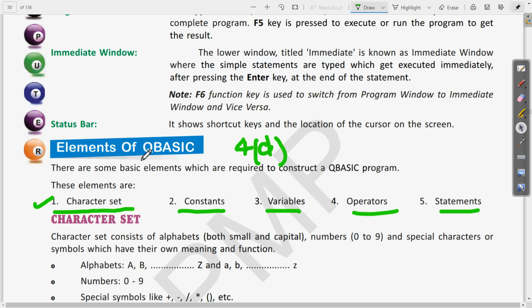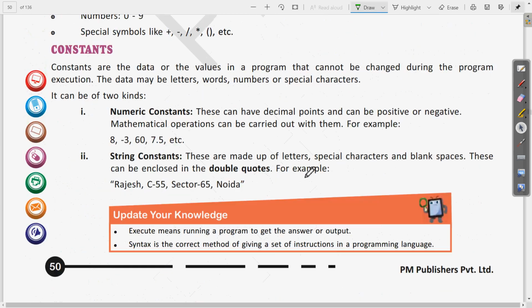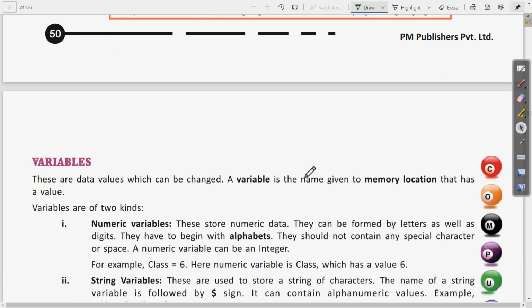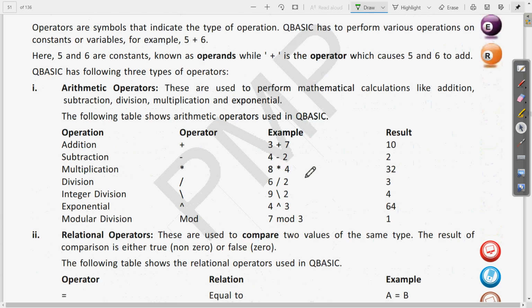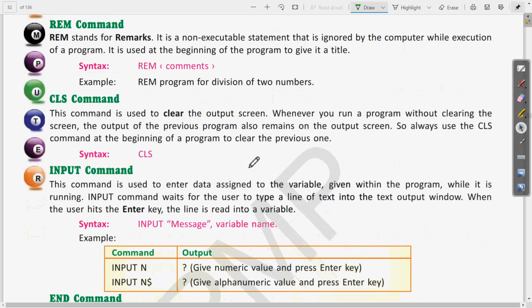Okay, so these are short answer questions. Directly write the exact direct answer. Then question number 4th E, what is the use of the CLS command in BASIC? Clear? Let us see. We already know that the CLS command is used to clear the output screen. The same is written here also. If we come to page 52, here it is given about the CLS command.